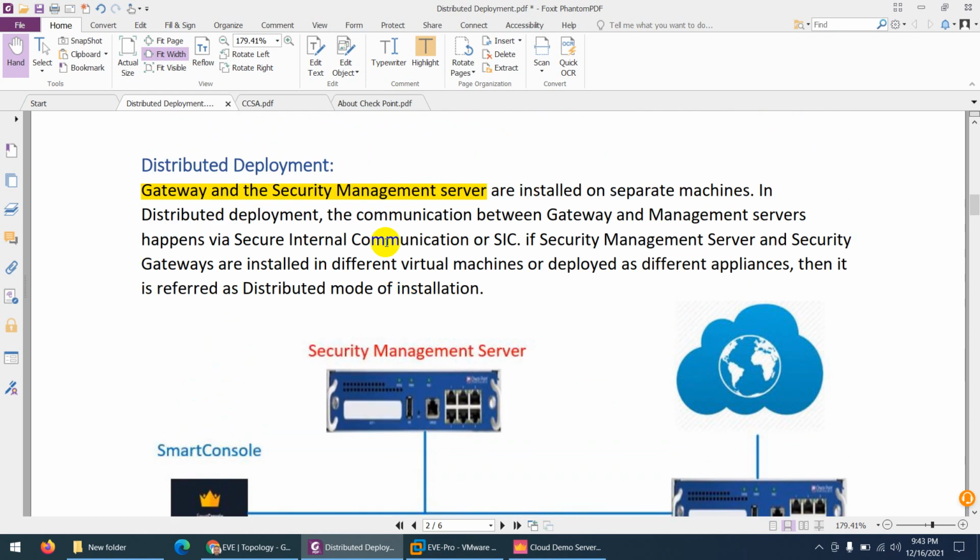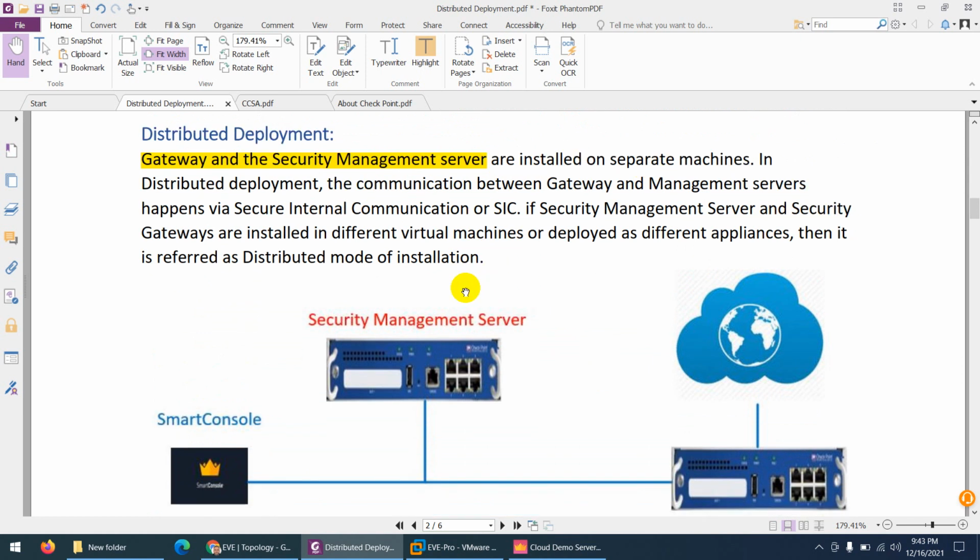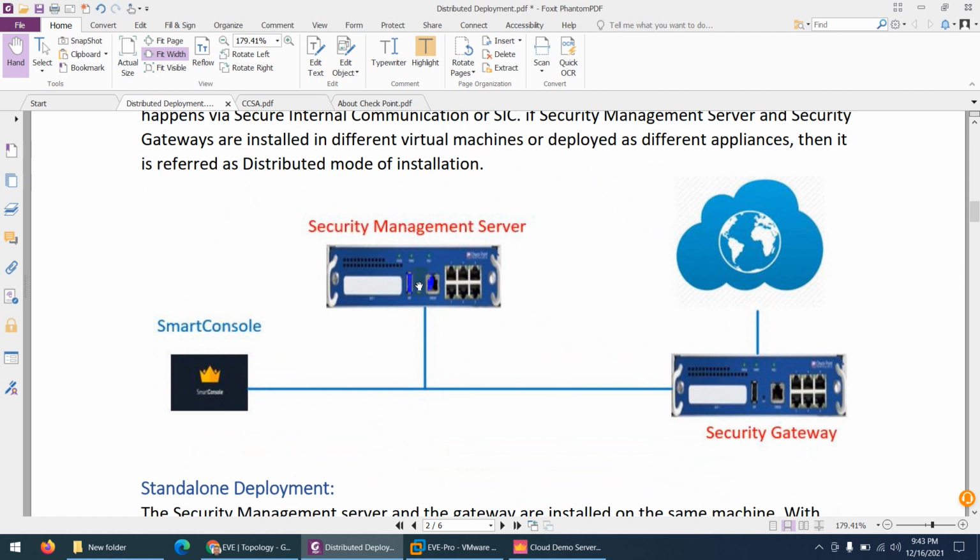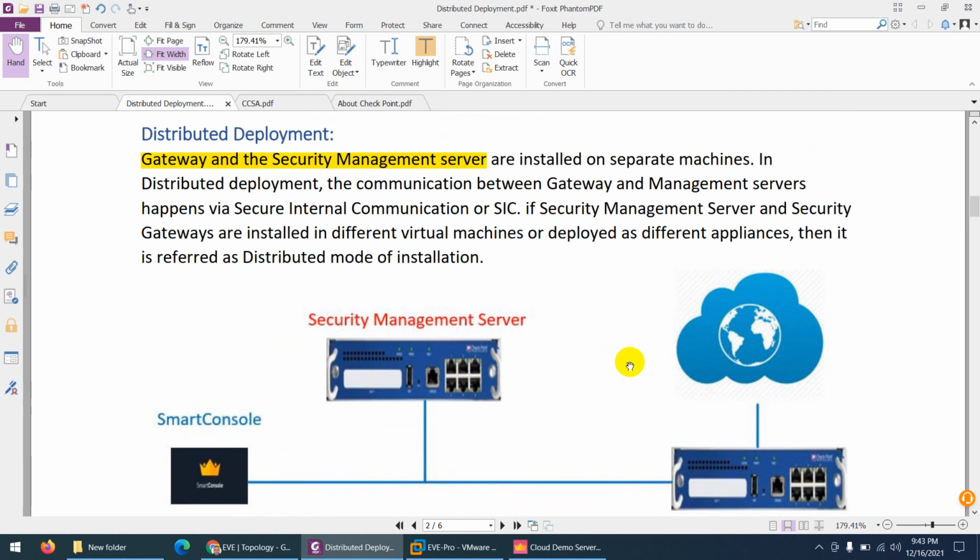So when you install gateway and security management on separate machines, then we call them distributed deployment. Like my security management server is installed on a separate machine, and security gateway is installed on a separate machine.